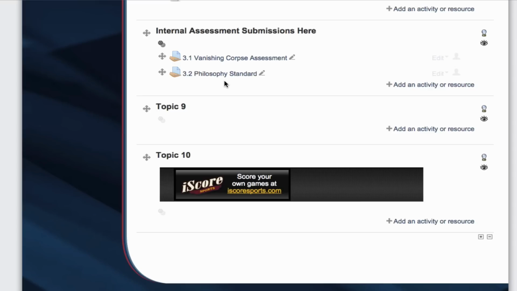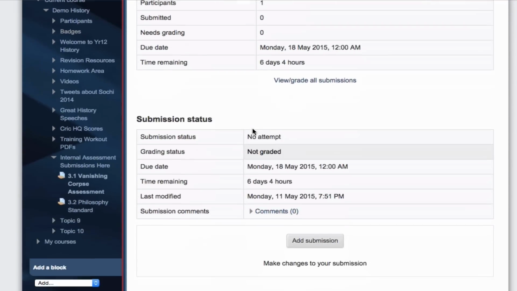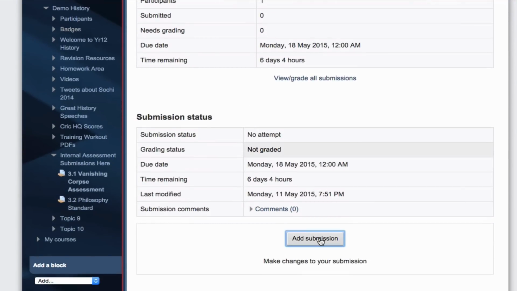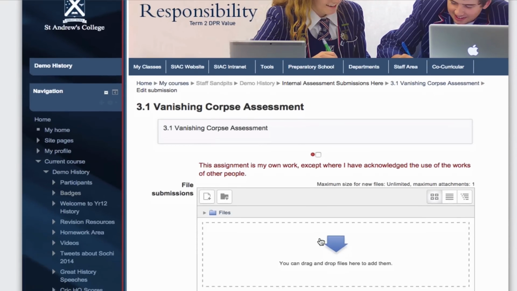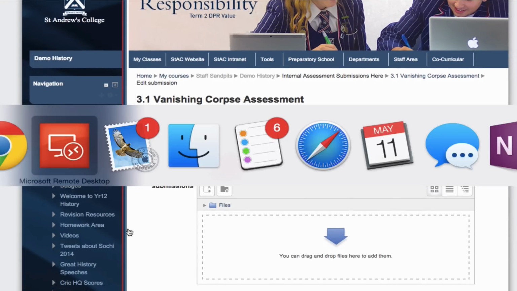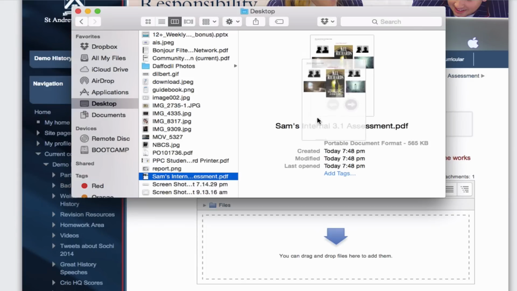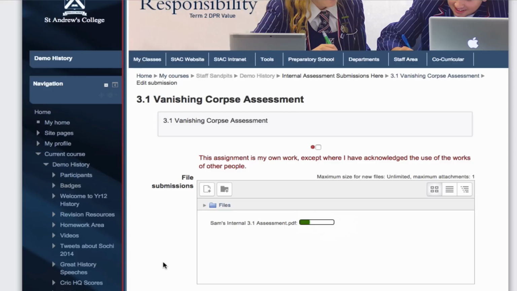As far as students submitting their work, they can simply come and click on their standard itself and choose Add Submission, and they can actually drag and drop that directly into that blue arrow. If I go to desktop, here's my Sam's internal assessment. I'm going to drag and drop that on there,